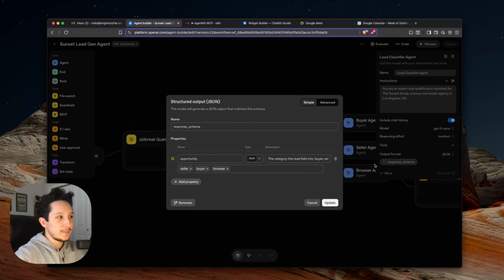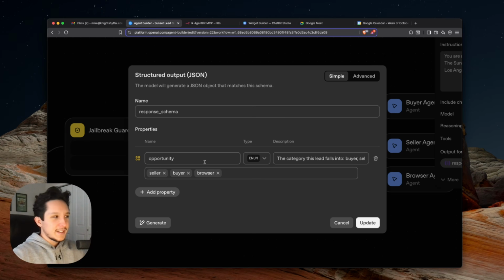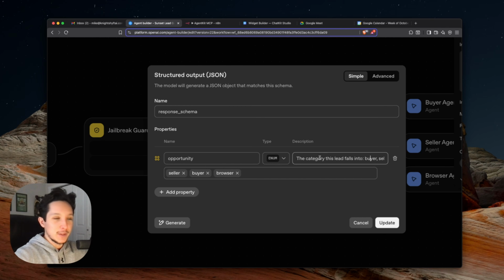going to be JSON. Agent Builder has an interesting way of setting this up, which actually allows us to configure our own response schema. And essentially all I'm doing to accomplish this is creating a brand new property, which is where our agent is going to save our final output to classify each lead. And in this case, all I had to do was set a simple description as to which categories I'd like